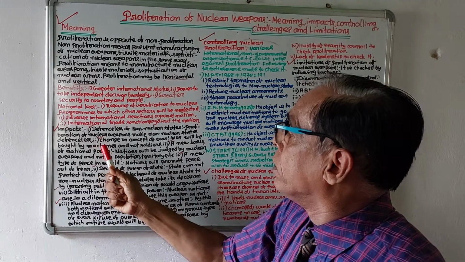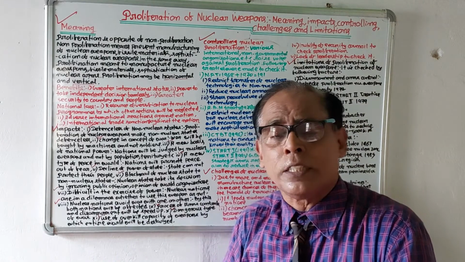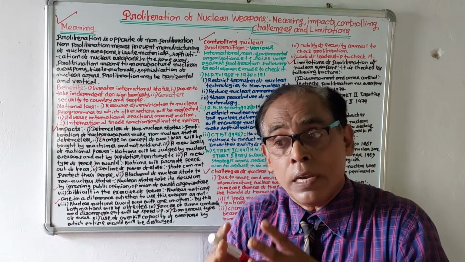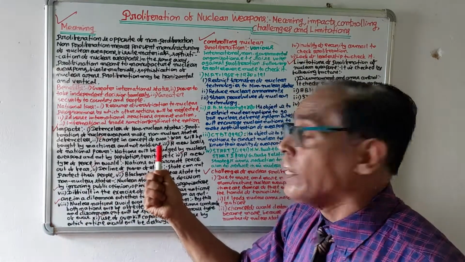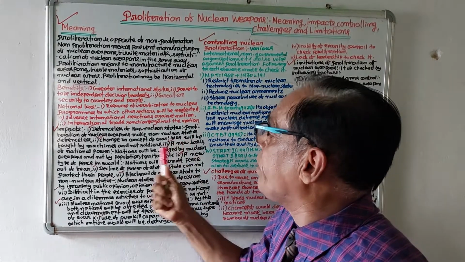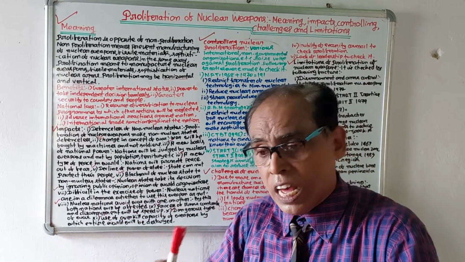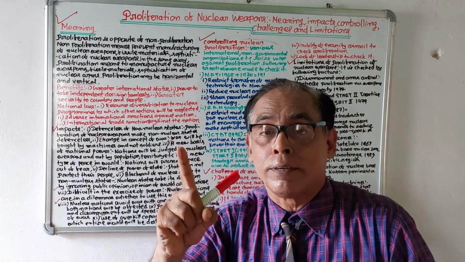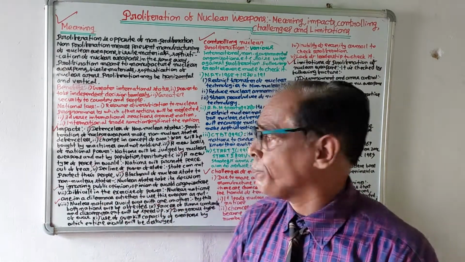Number 2, change in the concept of war. If nations manufacture nuclear weapons, then war will be fought on the basis of machines and not by soldiers. The soldiers will lose their importance. Number 3, a new basis of national power. If a nation has nuclear weapons, it will become powerful by them. There will be no need of having a large territory or a large population.